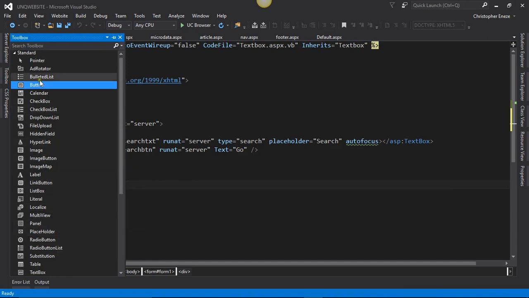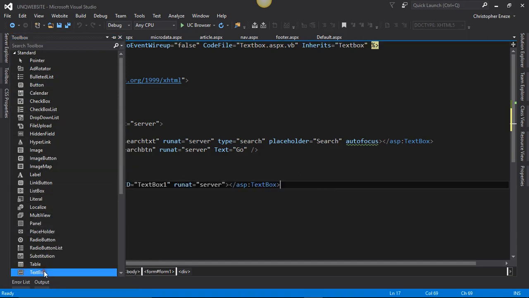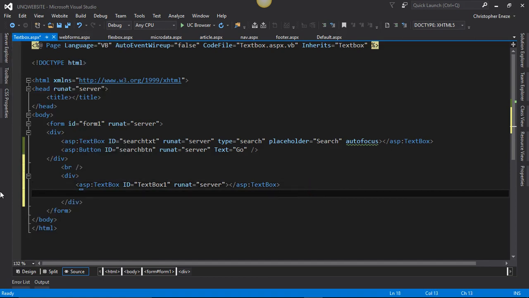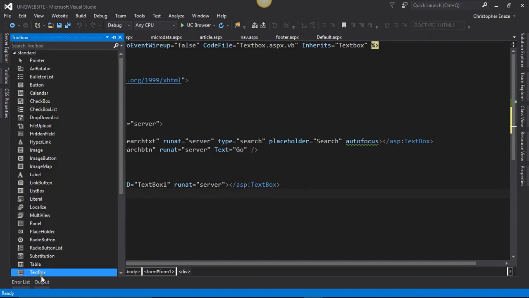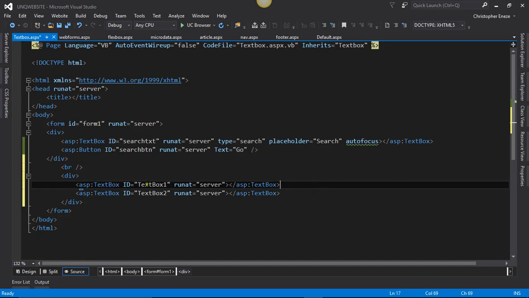Okay, I'll add two text boxes. So I will do the two of them at once. One, and then I'll add another one under it. Two. So I'll change the ID here to be email